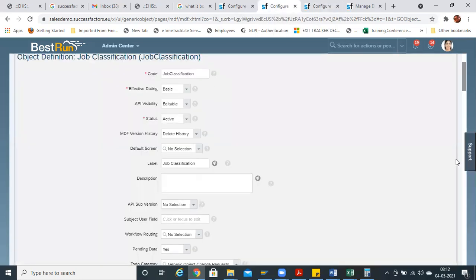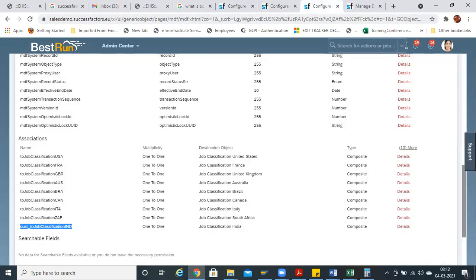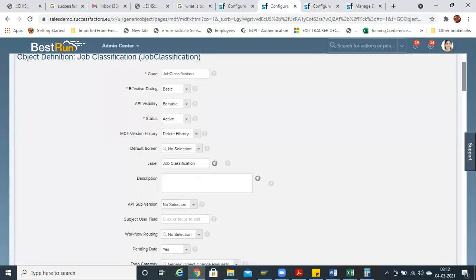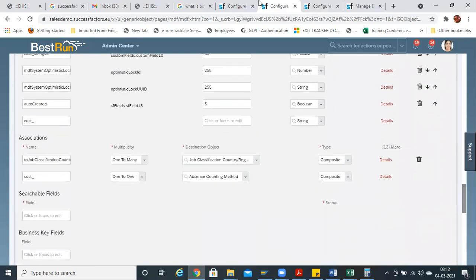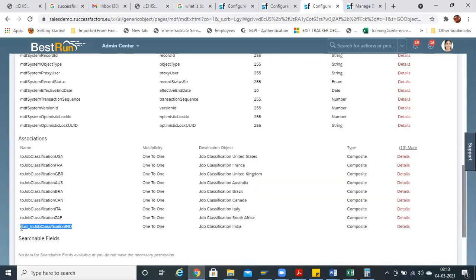Then link it with this job classification country, and no need to link it over here because it is already associated with job classification country. So you just have to link it over here. As India is linked, we are seeing only one field. Go to job classification India, add some more custom fields and see what is the difference in the front end. Just try it on your own.